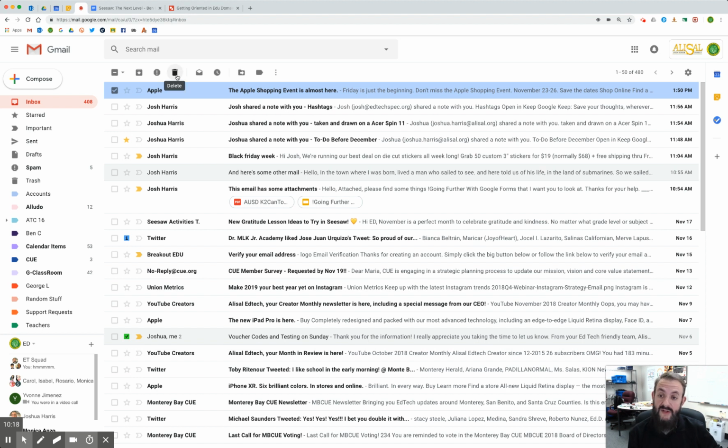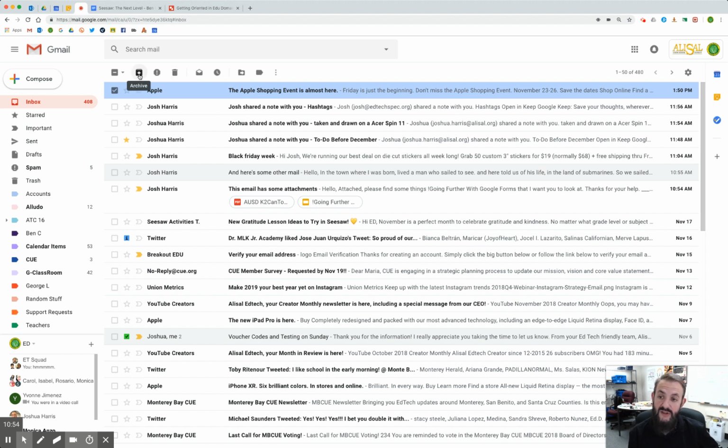So I know a lot of us are used to just coming up here and deleting the email. And that makes sense if you want to get rid of it. But some of us use the trash can as a sort of archive, as an organizational tool. And the difference here being, in Outlook and most other mail clients, it just sits in the trash until you go and empty your trash. That's not how Gmail works. Gmail deletes automatically every 30 days, or rather, any email that is 30 days old is supposed to be deleted forever. You can go to the trash and delete forever on your own, but since you have unlimited storage space,